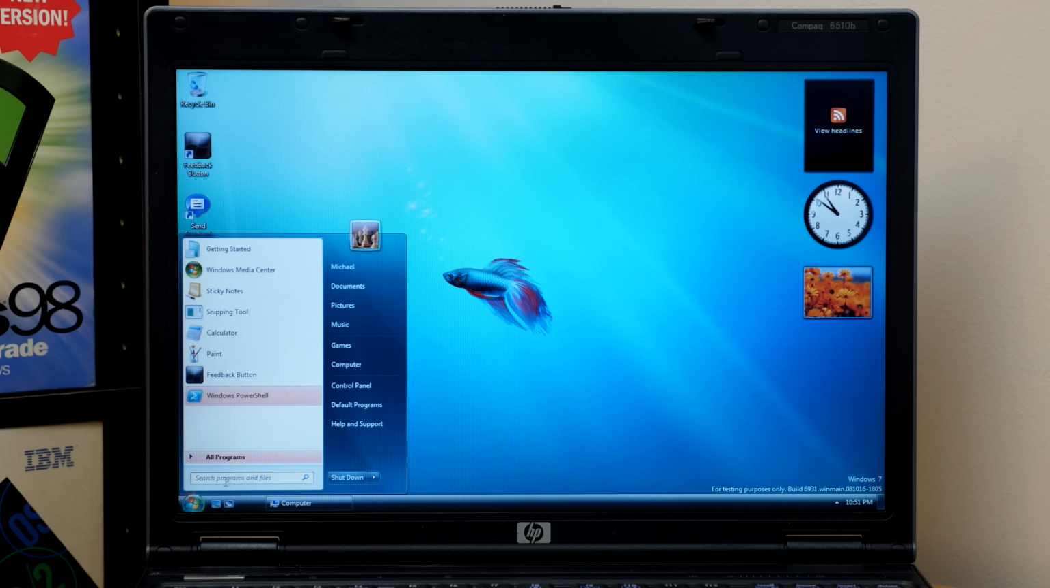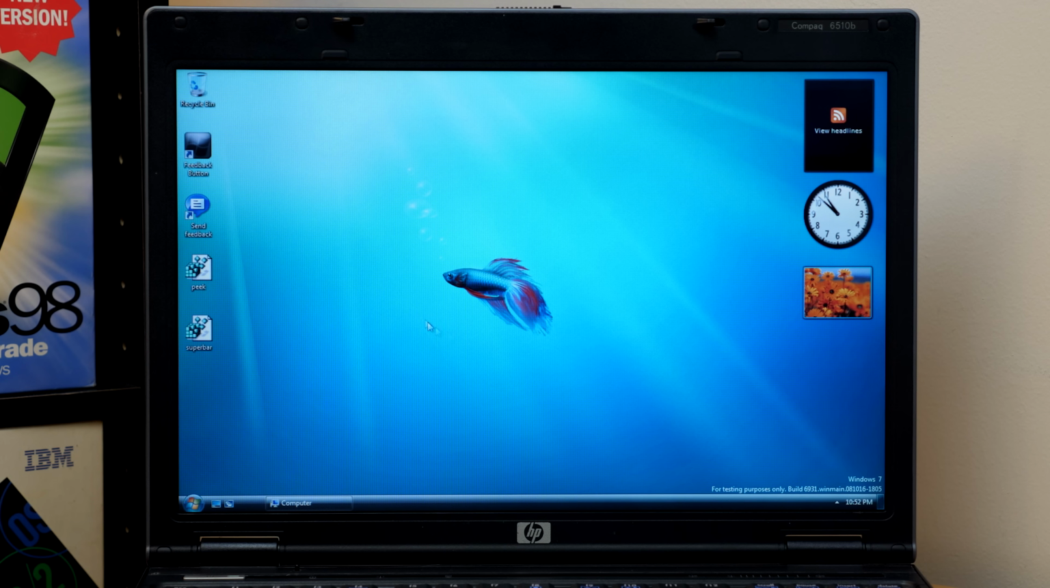But you can see we've got the newer style Windows 7 Start menu in here with the redesigned search thing down here. And of course, the lovely Beta Fish wallpaper, probably one of my favorite Windows beta wallpapers, because I think it's a really clever pun. But let's try to run